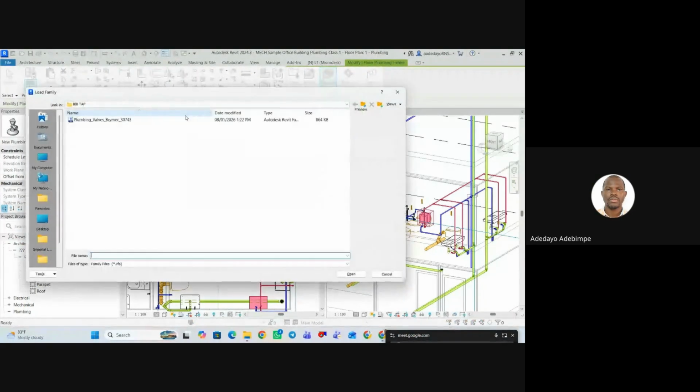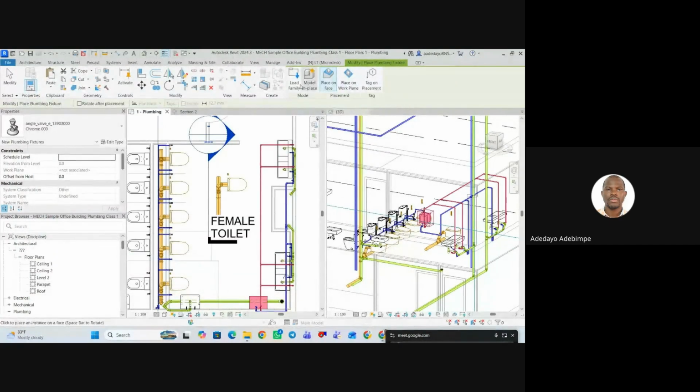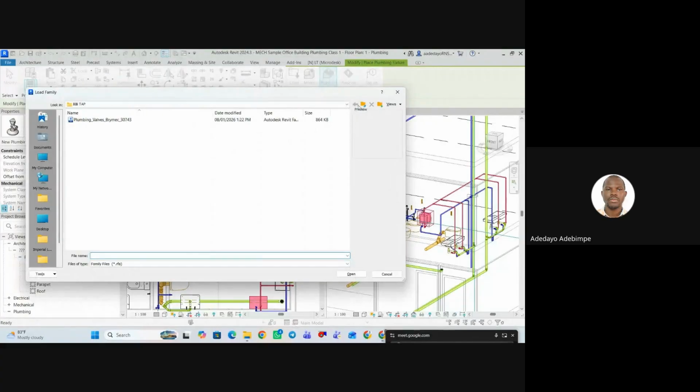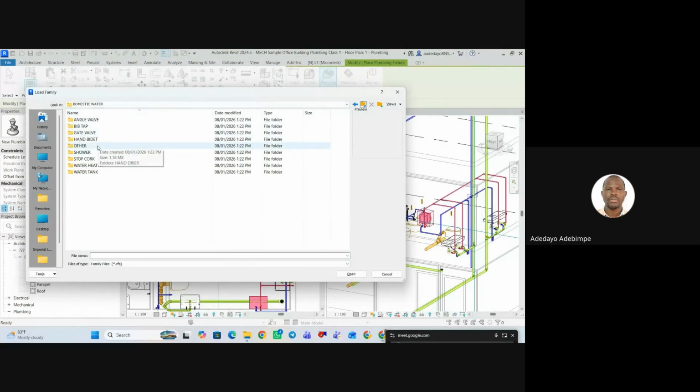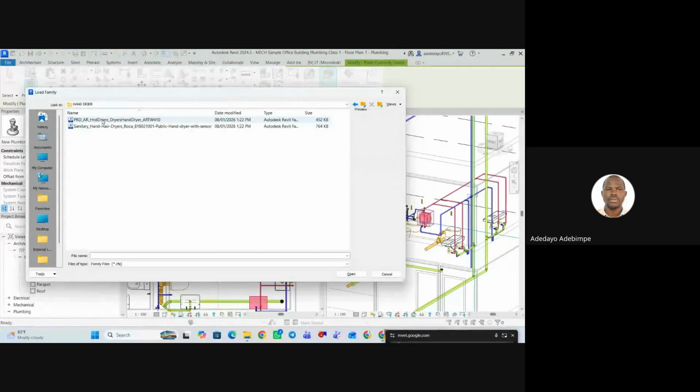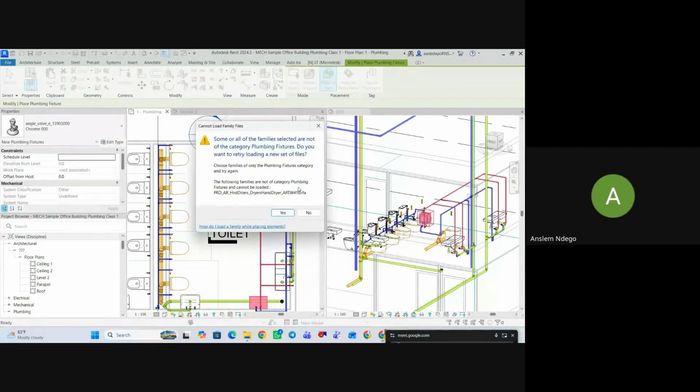So what I'm trying to say is that anyone that is not a plumbing fixture, others, dryers, you see, this is what I want to simulate. Can you see what is on the screen? So if you drag it into this place and you want to classify it as a plumbing fixture, it will not allow you to categorize it. So when you're doing your schedule, there will then be a mismatch, because most people who create family online,